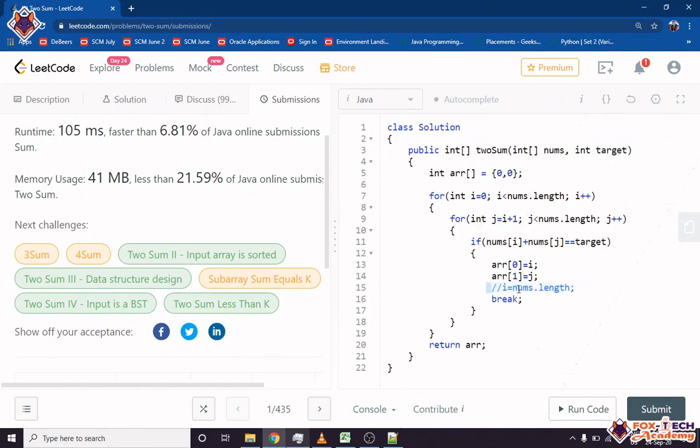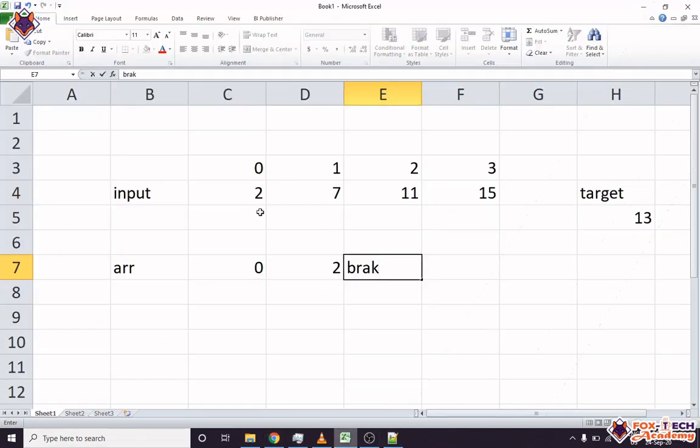Because if we have removed this line, it means this loop will go again, the outer loop will start again, and it will again search for the last, right? Suppose we have checked this, we have found this 2 to 11, so it breaks here, and it will not check 2 to 15, but next time it will start from 7 and check 7 to 11, then it will check 7 to 15. But as we know, we have found that earlier, so we don't need to compare or check again.